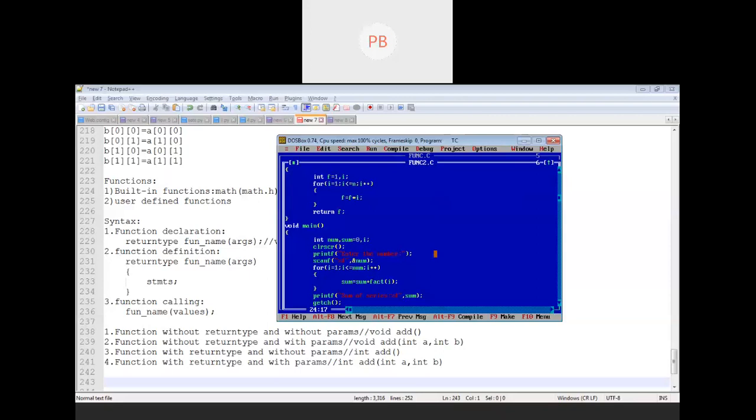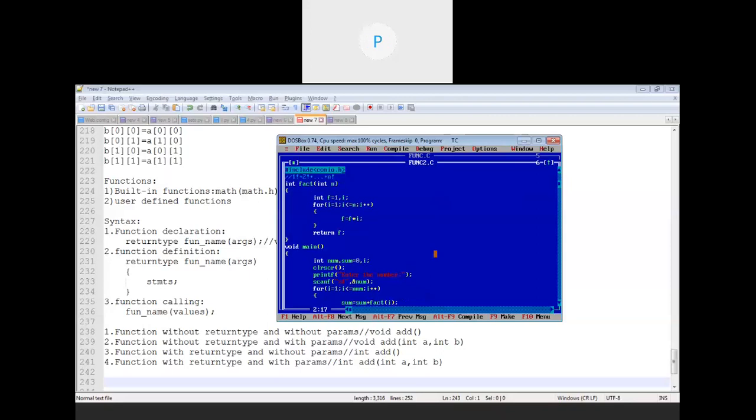Sum equal to sum plus factorial of 1, so the fact function will be invoked with n passed as 1. It will find the factorial of 1 and return it, so I get 1. Sum equal to 0 plus 1, which is 1.